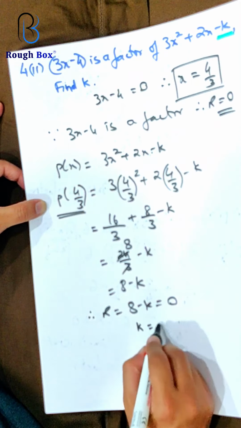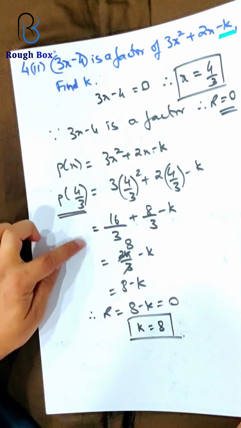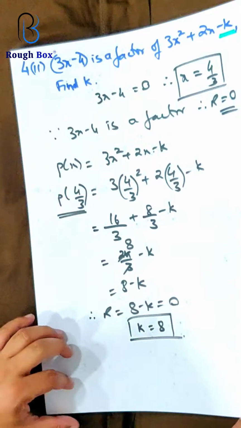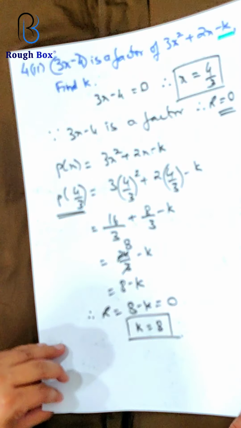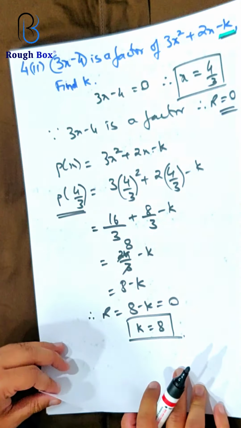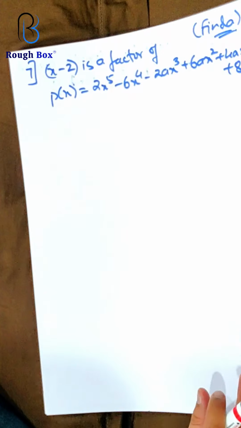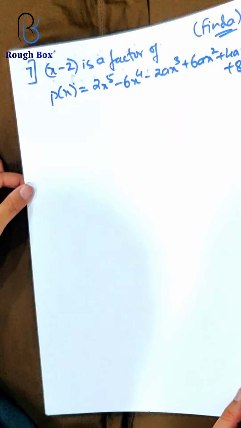So k goes on the other side, so I get the value of k straight away. Or I can substitute here only as 0 and directly get the value of k. Both methods will be accepted, no problem at all. This is one missing variable. So we'll do a few more sums to find out one missing variable, slightly more complicated. So let's try the next one. Sum number 7.